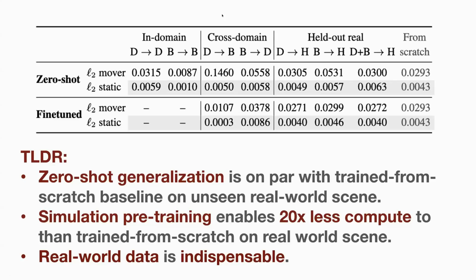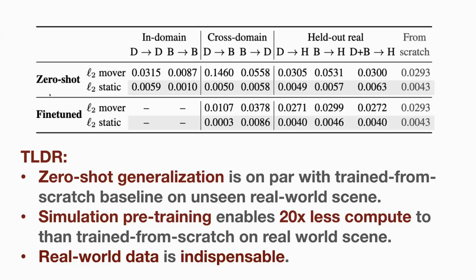So if we hold out that small subset of Droid, what would happen if we pre-train on different kinds of setups, and what's the generalization property compared to if we just train a specific model for that lab's data? We can investigate this in both zero-shot and fine-tuned settings. There's a lot of numbers here, and a lot of interesting conclusions. But the TLDR for the most interesting one I found is this.